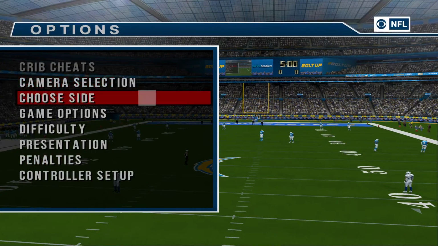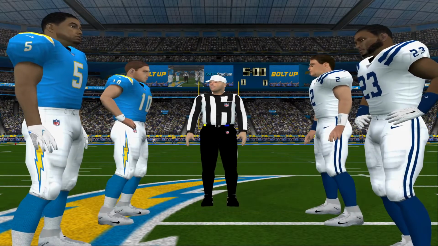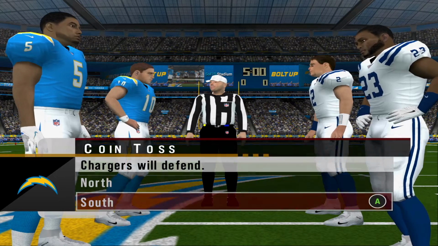We will go on options real quick so we can speed this up. I choose Tails. Just want to get to the